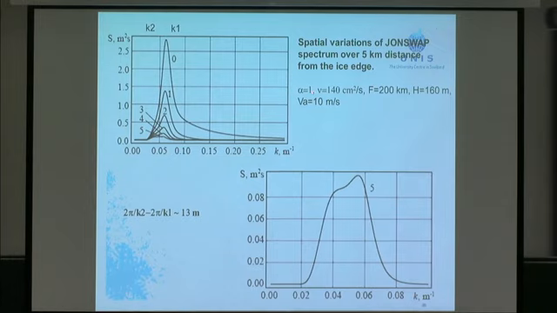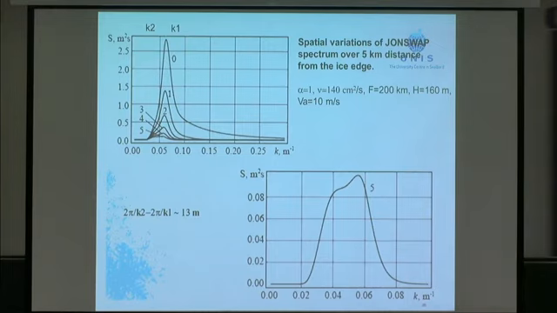So for the wave excitation in the JONSWAP spectrum, I took a fetch of 200 kilometers, water depth 160 meters, and wind velocity of 10 meters per second. So that is from reanalysis. Then this is the spectrum on the open water, and then according to this equation formulated before, I have the